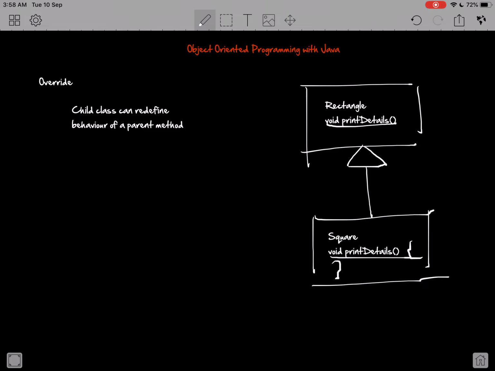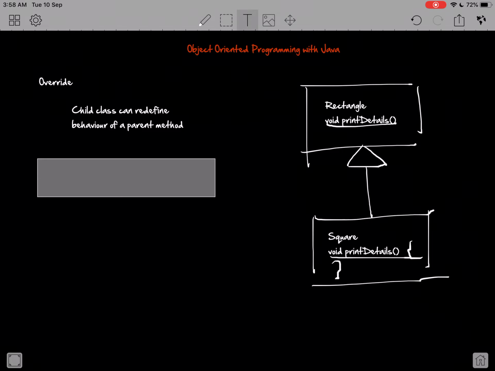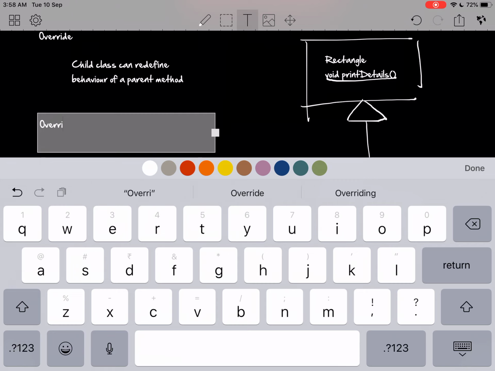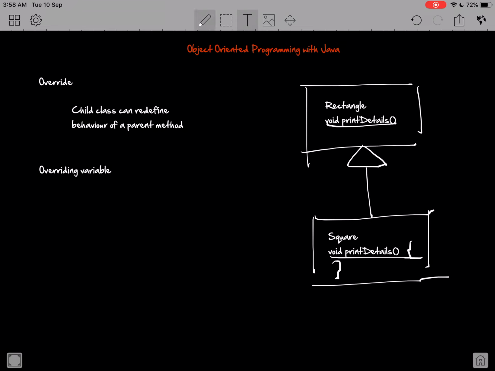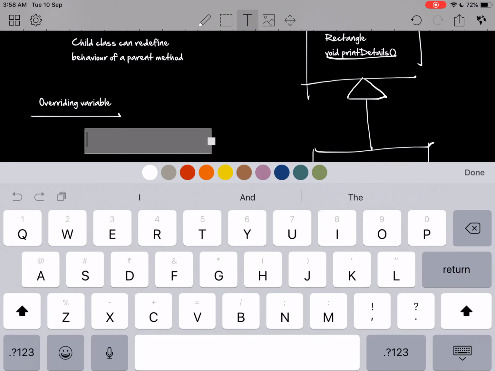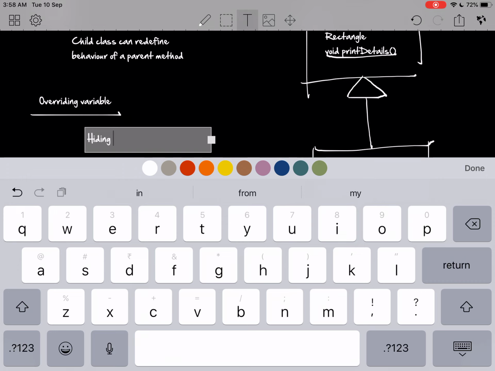Overriding can also be done with variables. So it is possible, but this is a kind of bad practice, because what we are doing when we override a variable is that we're hiding the value of the variable that was there in the parent class. So this is also called hiding variables,